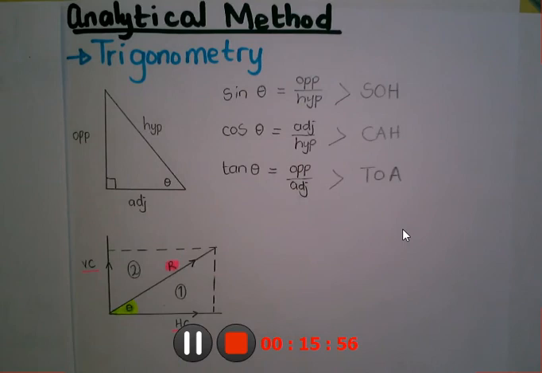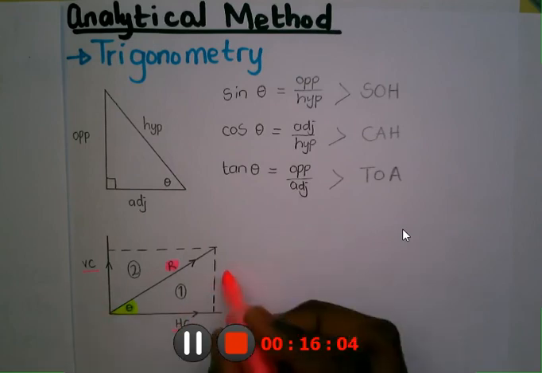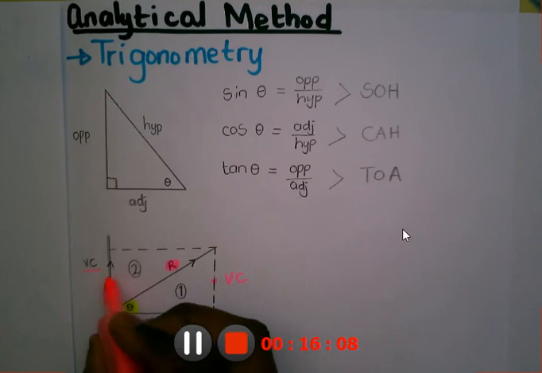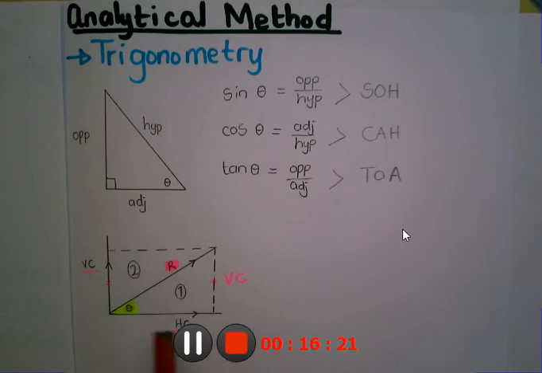Theta is the angle that you are given. Now, here we can bring our VC here, because remember this side is equal to that side. So VC is that one, and then your horizontal component will be that one. So according to what we are given here,